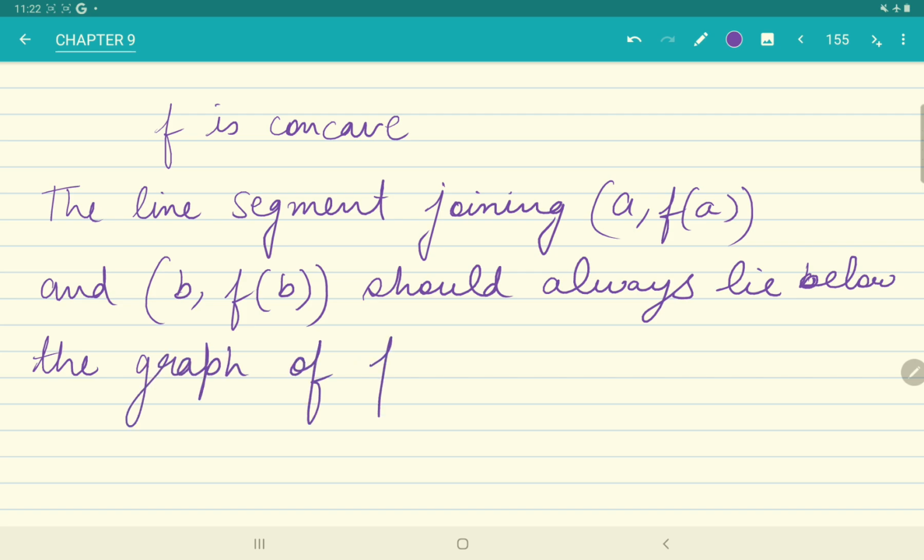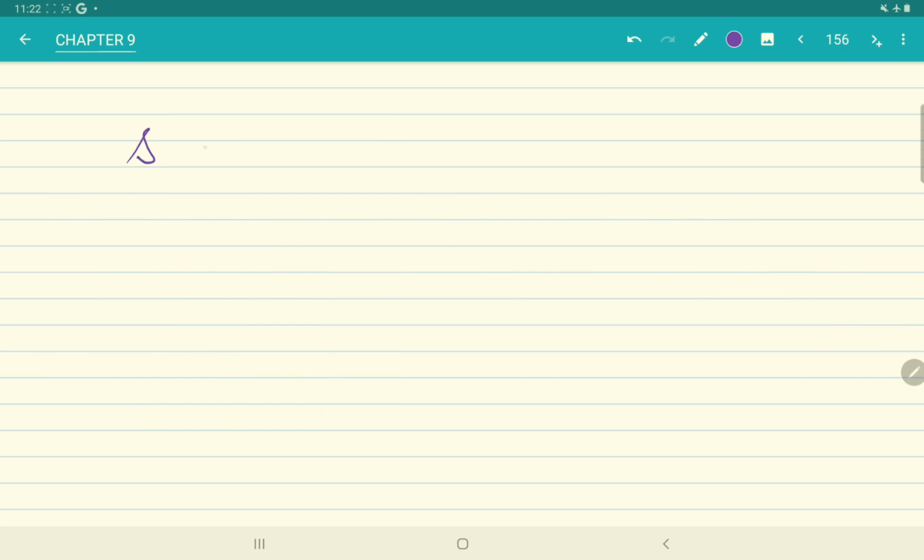In fact, I should say below or on the graph of f, and that just means s should